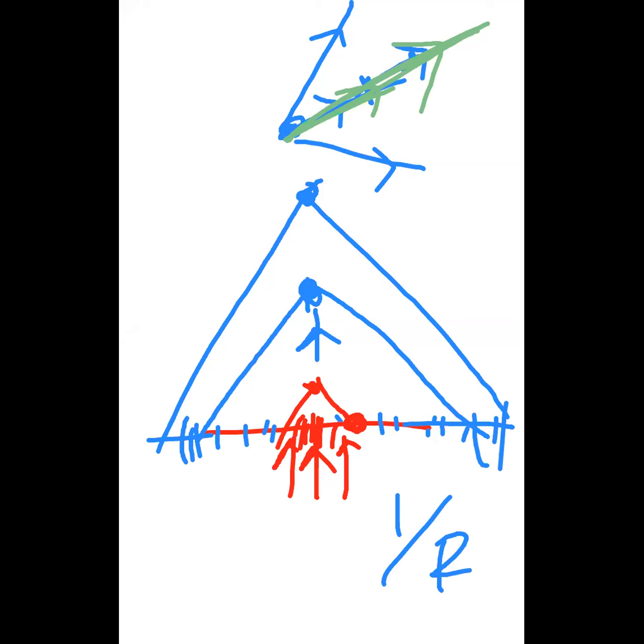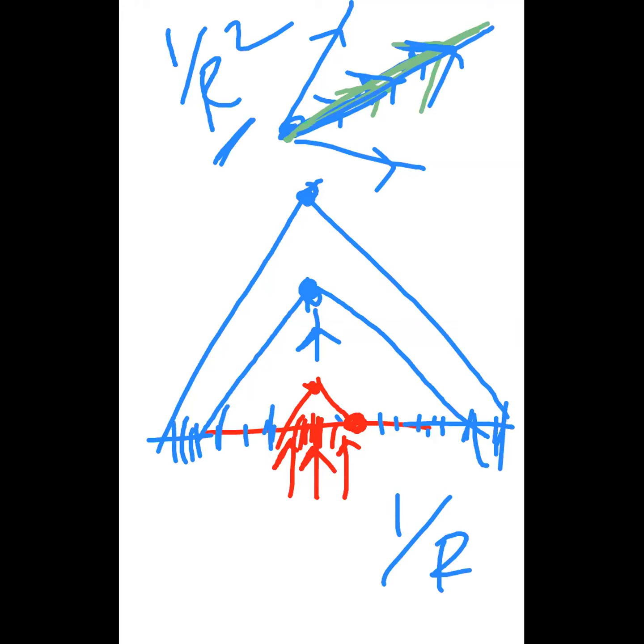This is the idea. In this case, it is simply 1 by R square, because as you go away, only this component is giving you the electric field. That's why the reduction is more. Here also, as you go away, more components are giving you the electric field, more charges are contributing to you. That's why your reduction is a little bit lesser. That is 1 by R.